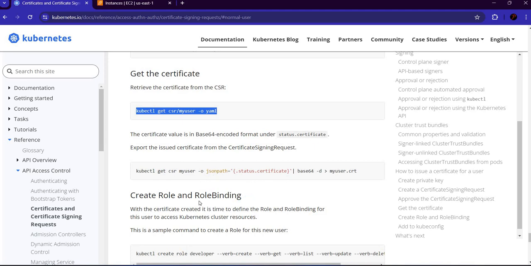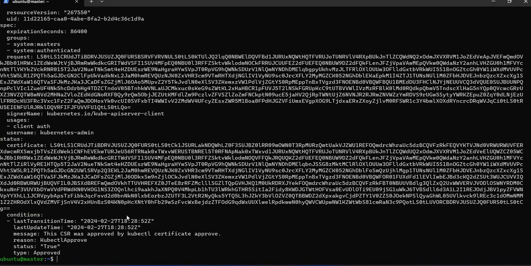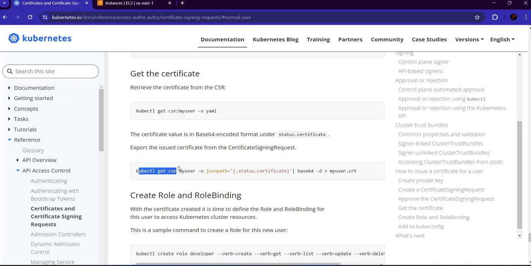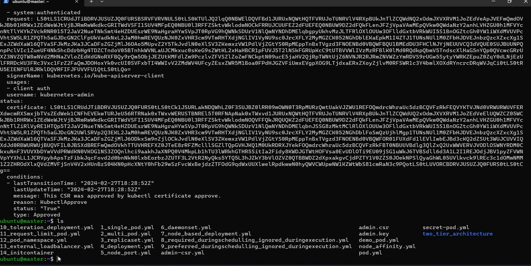So here you can see we have only the CSR file and key file. We need the certificate also. So here we can retrieve the certificate from the signing request. So let's move here and copy this. Copy this and paste here, and edit. I will give the name admin.crt,